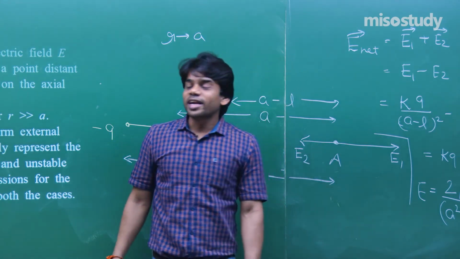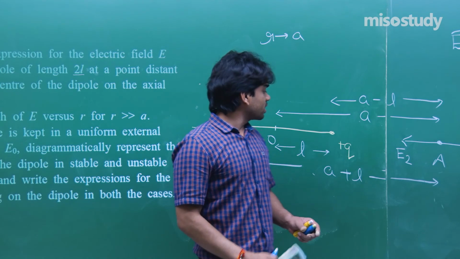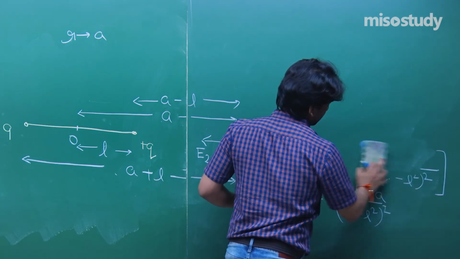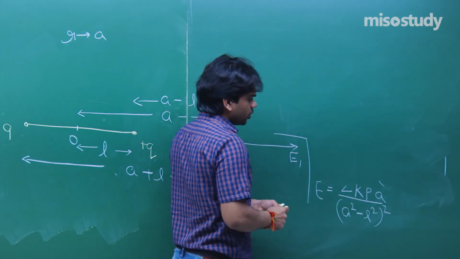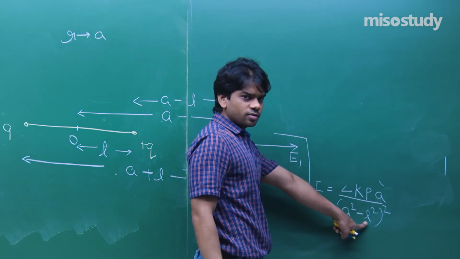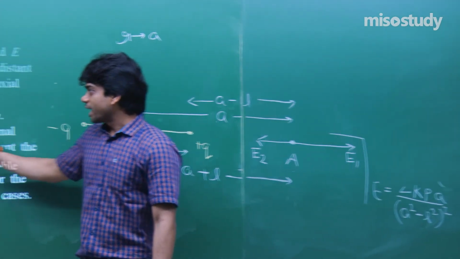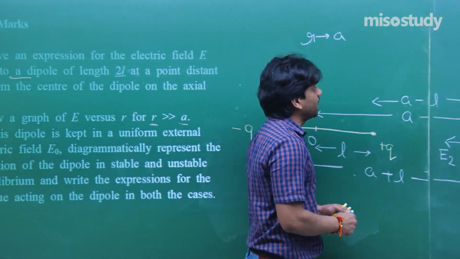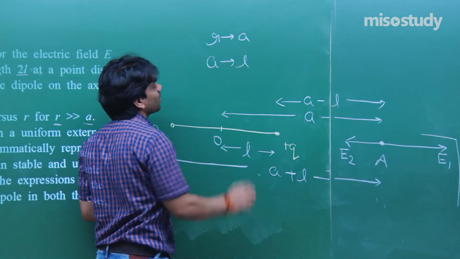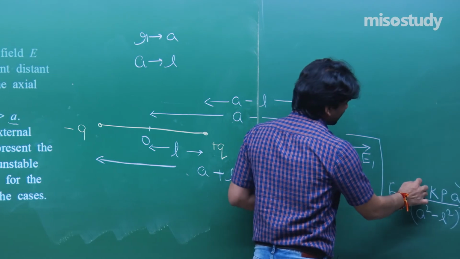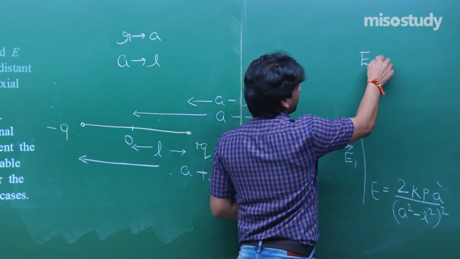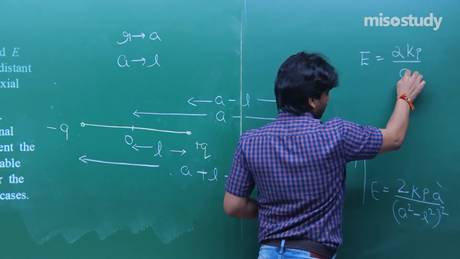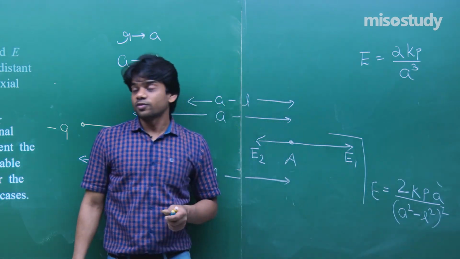Now when R is far greater than A, so for that case you have to see that the distance is far greater. So for it, it's not too tough, you have to simply ignore this L will be very small, because some conversions that I have not used directly as per given in the board. R I have used A, and A was actually the half length that I have used as L. So you have to make these small conversions. That is the thing that you need to take care. Very simple thing. So this will turn out to be, electric field will come out to be 2Kp divided by A cube. You will be getting this. See the conversion of the length, that not too big.